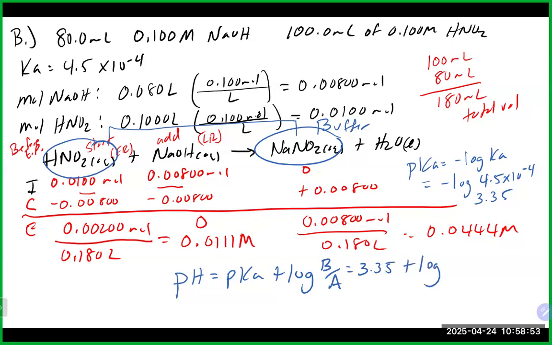So 3.35 plus the log. Again, we want to make sure we get our base up there on top. Since that is the acid, it also has one more H plus. Our base typically will have a spectator ion like a sodium. So that's going to be 0.0444 up on top, 0.0111 on the bottom. 0.0444 divided by 0.0111. A little logage action there of 3.35. And at this point, we are now at a 3.95 pH, which does make sense since we started at a 2.19. We added 80 milliliters of base. We